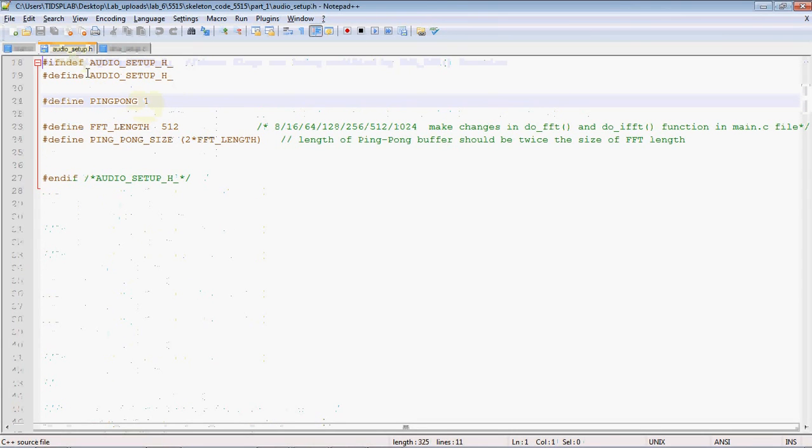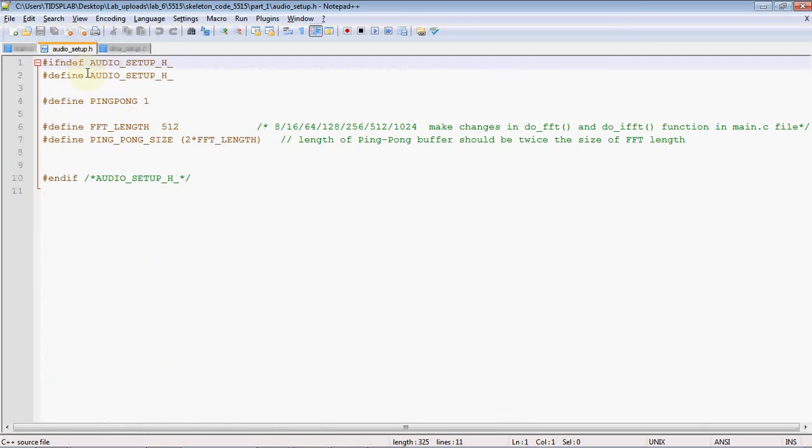We have included one file, audio_setup.h. This file contains constant declarations like ping pong buffer size and FFT length. Here we have defined the FFT length to be 512 points, and you can observe that the ping pong buffer size is exactly twice the FFT length, just to make sure that whenever you are changing this value